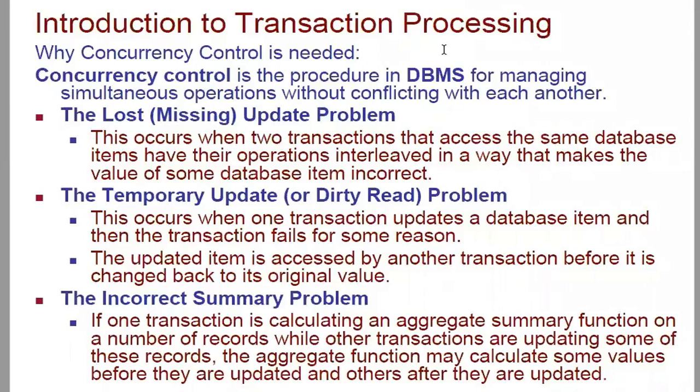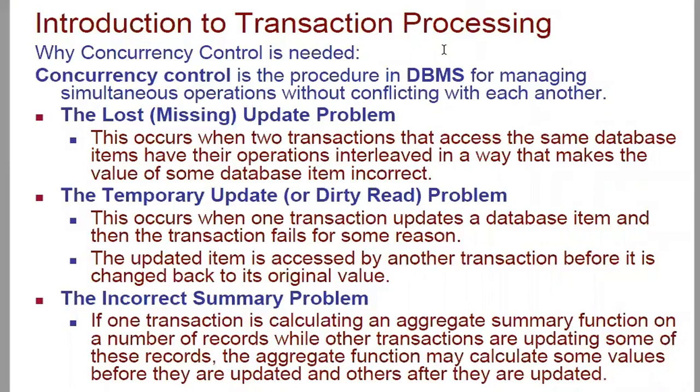So there is a possibility for conflict when two or more transactions are trying to access the same data item, right? To avoid those conflicting accesses, we implement concurrency control. We apply concurrency control to avoid the conflict. That is the main reason. Here in the slide, three main issues are listed related to concurrency control.